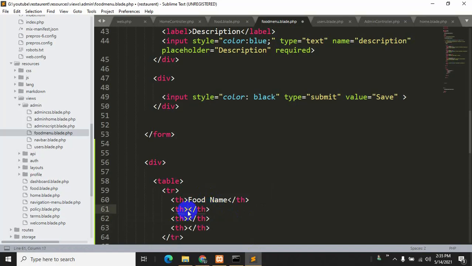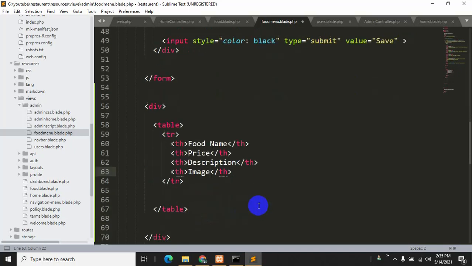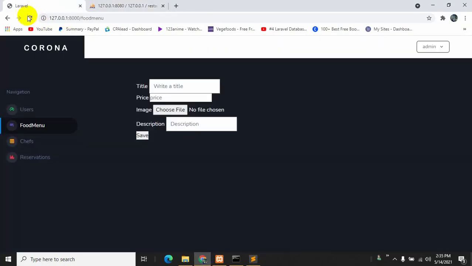So over here we will say price, after this description, and the last one will be image. Okay, so if we save it and refresh, we are able to see food name, price, description, and image.